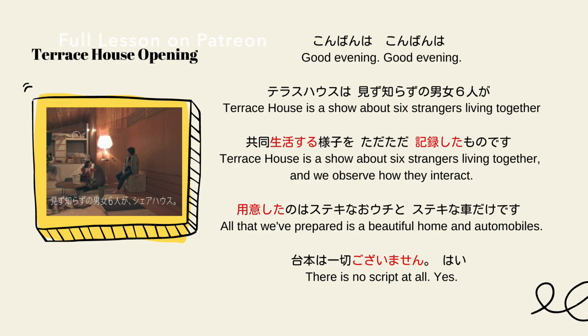共同生活する. 共同 is together. 生活 is live or life. Change it to a verb, 生活する. テラスハウスは, Terrace House. 見ず知らずの男女6人が, like 6 strangers, boys and girls. 共同生活する様子を, 共同 is together, 生活する is changing the noun 生活 to a verb. 生活する様子 is just the way it looks. を is a direct object particle. ただただ, only. 記録した